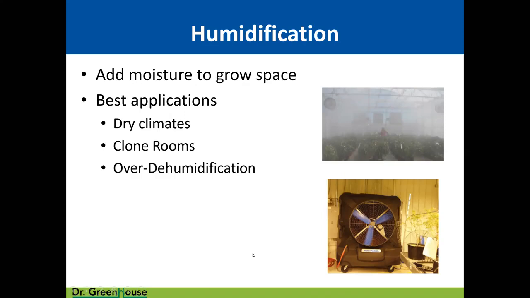And I'm going to say over dehumidification. Some of the air conditioning equipment that's out there now doesn't have variable speed controls on some of their compressors or their fans or whatever. And so they've only been looking at, okay, we need to hit all this dehumidification when the lights are on and the plants are pumping. And then what happens? Then the lights turn off and we still need some dehumidification because your plants are still breathing. And now that system can't turn down and we over dehumidify the space,